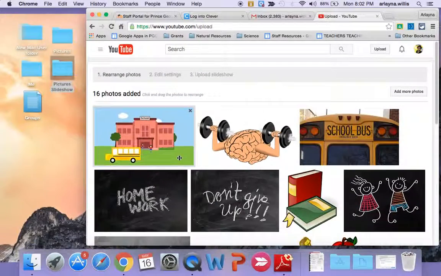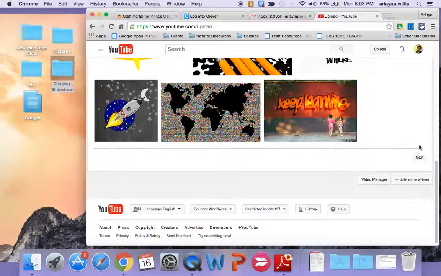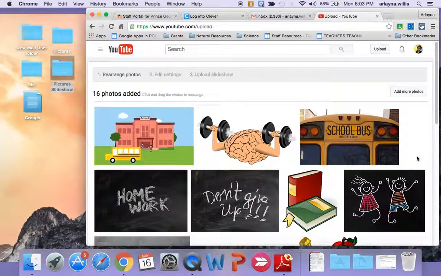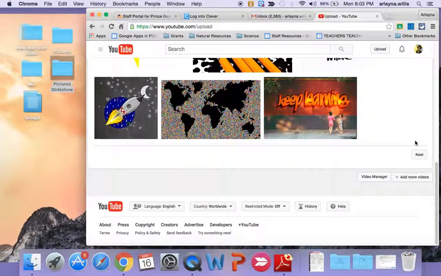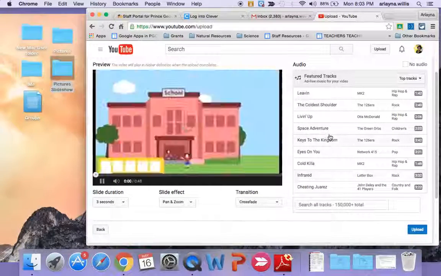Okay, once you're happy with the order, then you can go ahead to the bottom right corner and click next. If you realize that there's more photos that you need, you can always click on add more photos. So I'm happy with these, so I'm going to click next. Once I've added all of my photos,